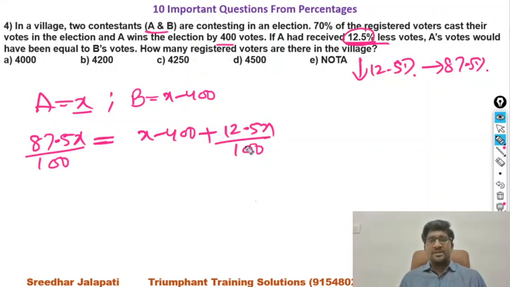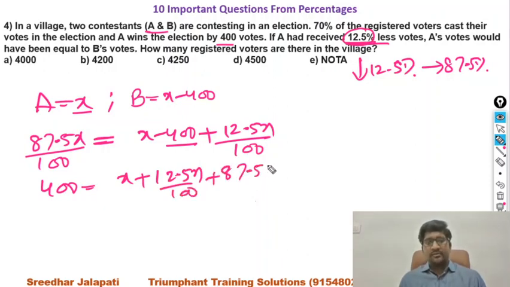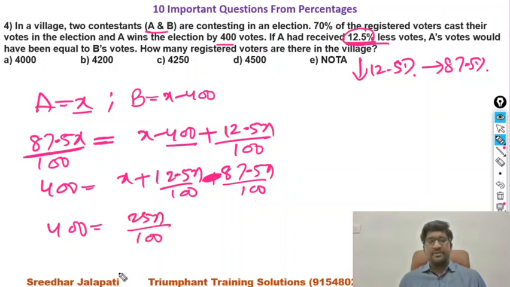So if I simplify all X terms, on further simplification, I can write it as, I am bringing this 400 to the left hand side to make it plus. Then this becomes X plus 12.5X by 100 plus 87.5X by 100. So this becomes 400 is equal to, this becomes minus this 87.5X, when I bring from left to right, it becomes minus. So I am adding all these. This is 100X plus 12.5X, 112.5X minus 87.5X by 100. You will get it as 25X by 100. On further simplification, 25 ones, 25 fours, cross multiplication, X is equal to 1600.